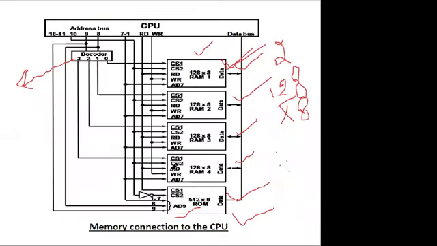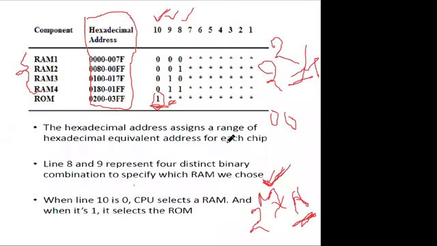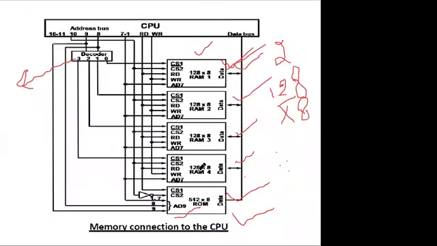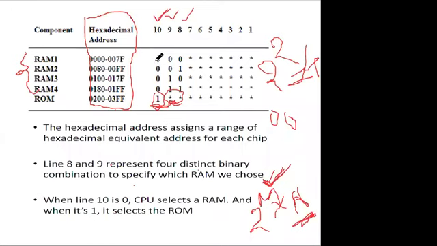Because we are using a single ROM in this case, we need not give any address or any part for its selection. Whereas we are using 4 RAMs in this case, so we need a combination. Whenever 0 is selected at the 10th bit, it means it is asking for a RAM to operate. And what is the address location of the RAM?